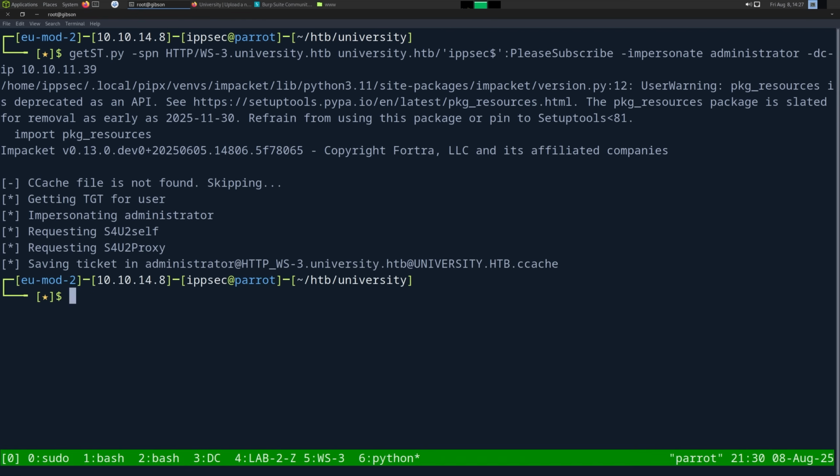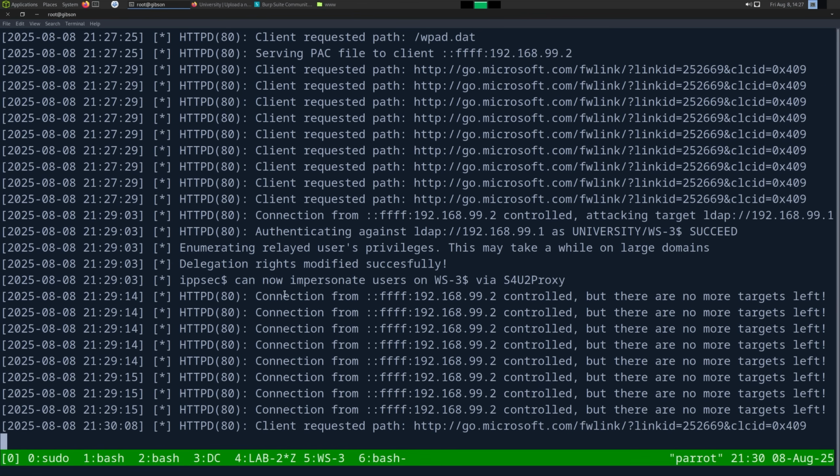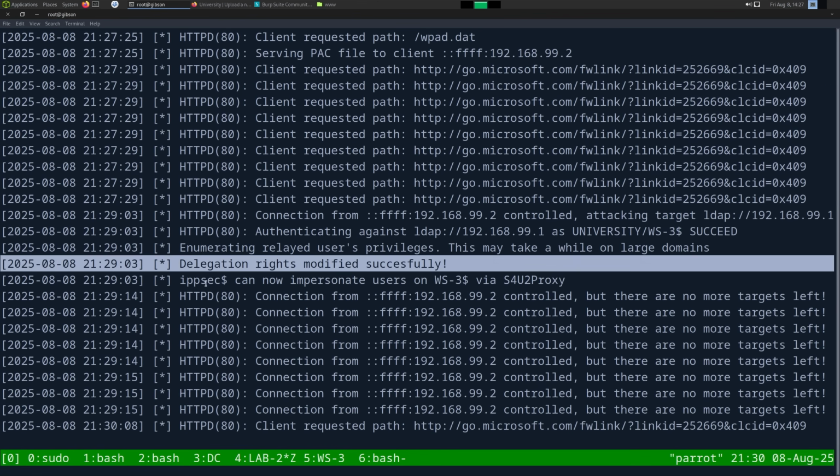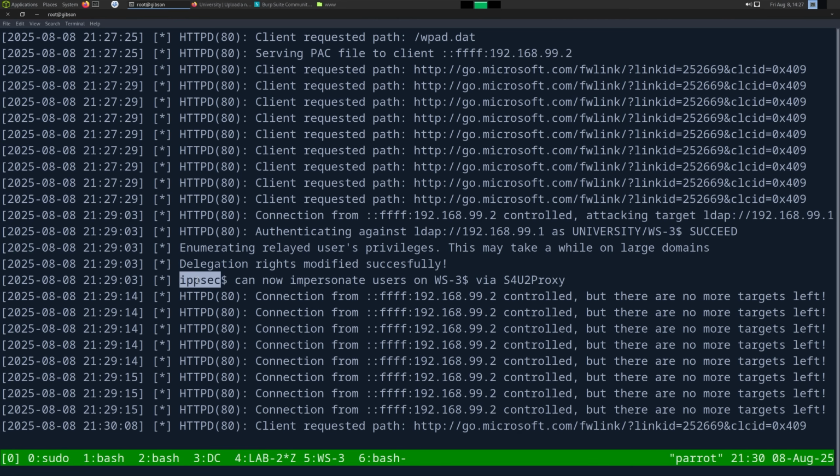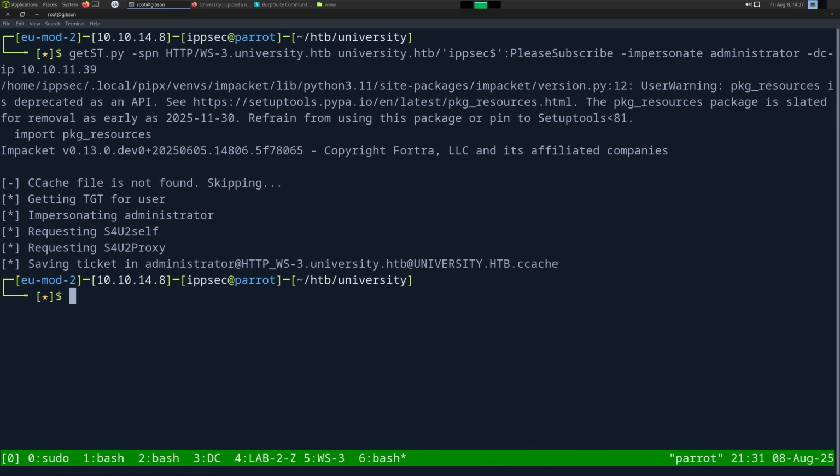So again, this ticket is going to be for IPsec, the machine account IPsec that we created. And then the ticket's also going to have the impersonation flag of administrator. And because we added the delegation rights of IPsec, the machine account's going to trust our machine, right? That's essentially what we did. So now we should be able to